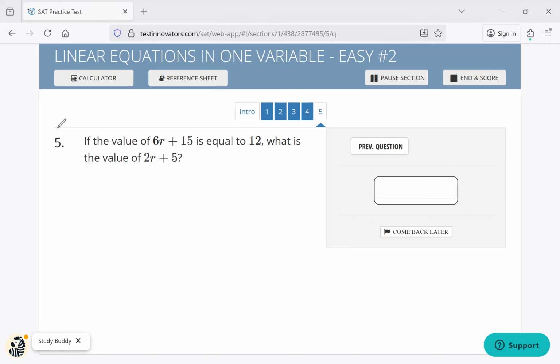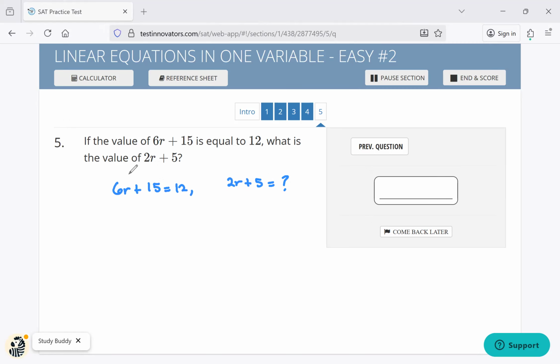Question 5. If the value of 6r plus 15 equals 12, what is the value of 2r plus 5? So if 6r plus 15 equals 12, they want to know what 2r plus 5 is going to equal. So what I would do is I would not solve for r. What I would do is